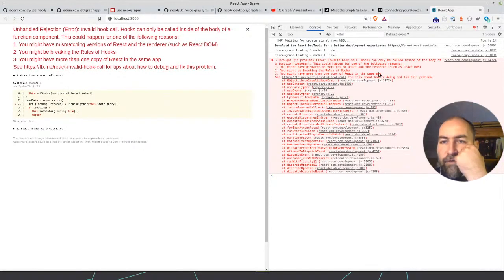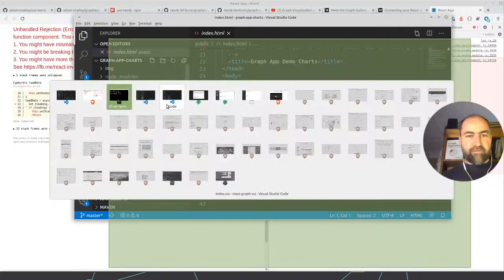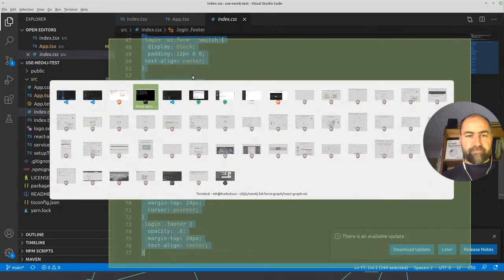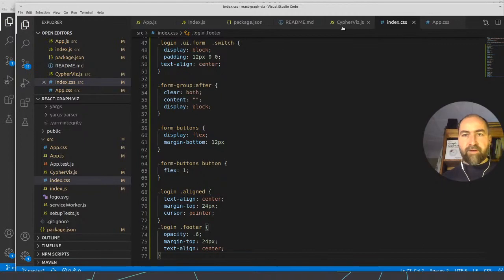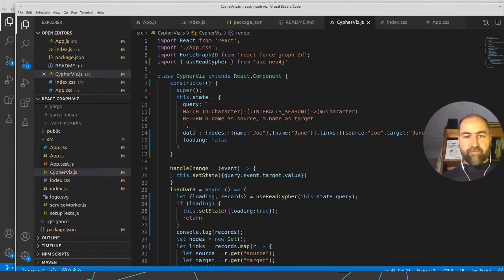Invalid React hook calls. Hooks can only be called in the body of a function component. Okay, so that means we have to learn some new stuff. So this is our component, and we can't call it from within a method.